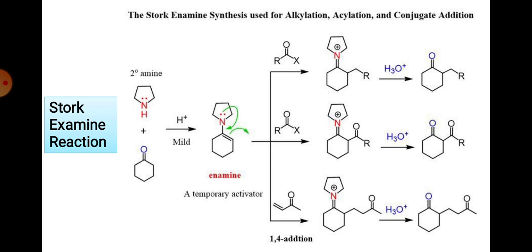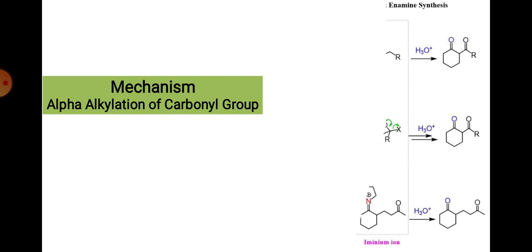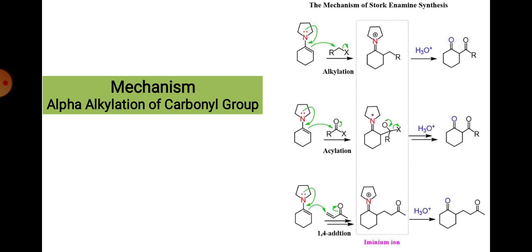Enamines are again the same as enols. They are also nucleophilic in nature and will react with different electrophiles, forming alpha-alkylated products. Look, the same mechanism is also shown here in a very short slide, and you get the different products. After hydrolysis, the C=N bond will be converted to C=O. The mechanism is very simple again. We just have formation of an enamine from a secondary cyclic amine and a carbonyl compound, which reacts with different electrophiles, and after that hydrolysis.